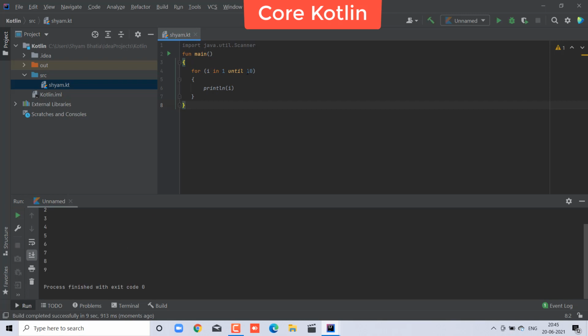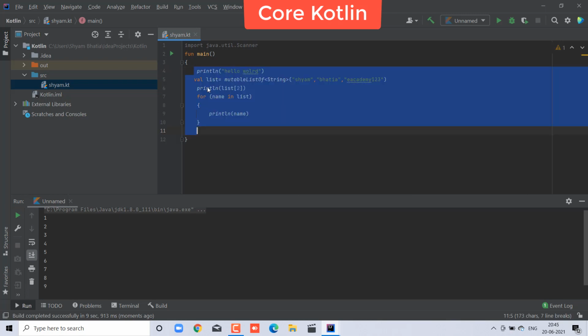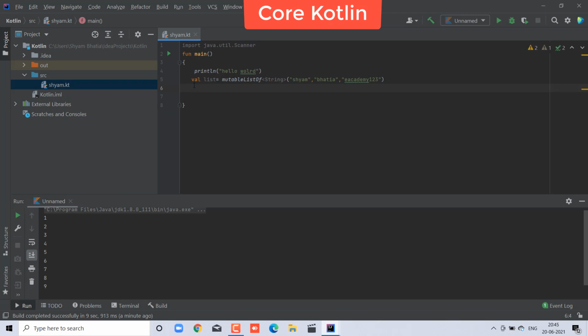Yes, the output will come here, and yes, up to 9, so 1 is included and 9 is not included. Okay, so in such a case, if you want to do that, then you also use your for loop in that manner. And now you can also use Control Z and take our output. Yes, this is the mutable, and the remove is okay.